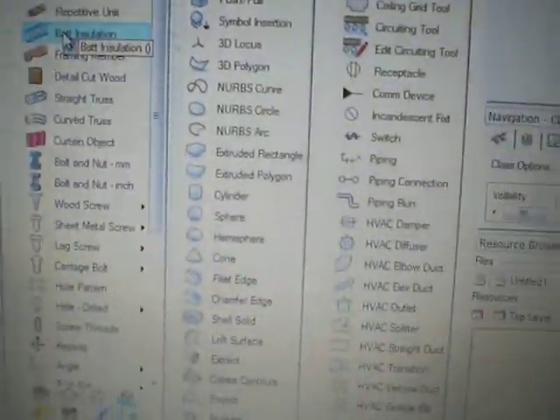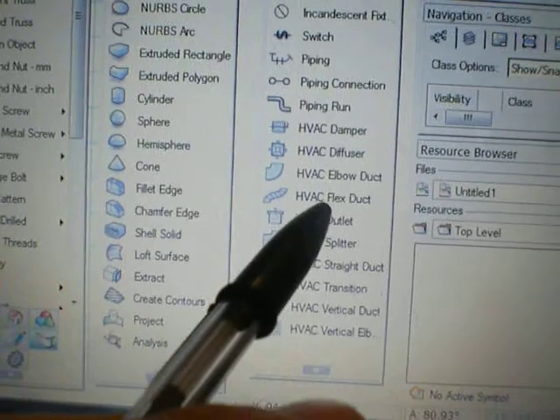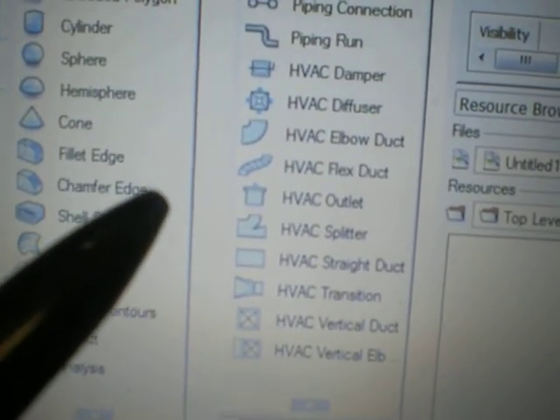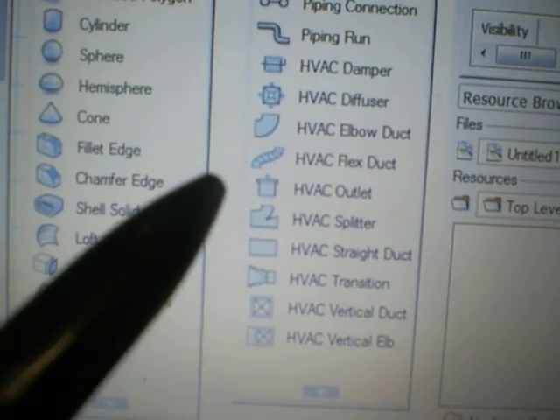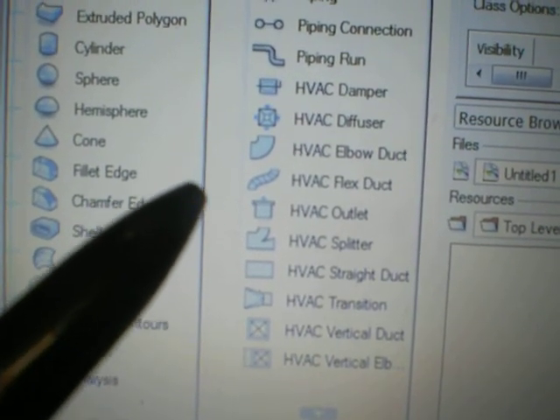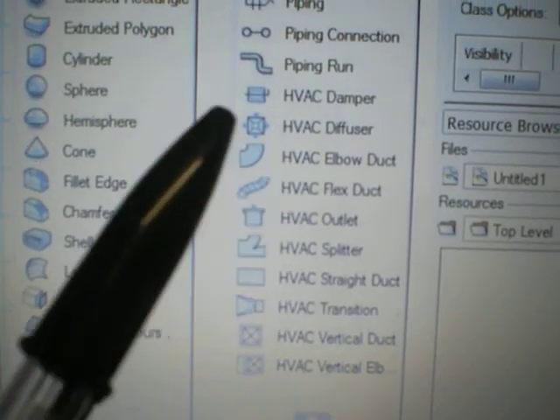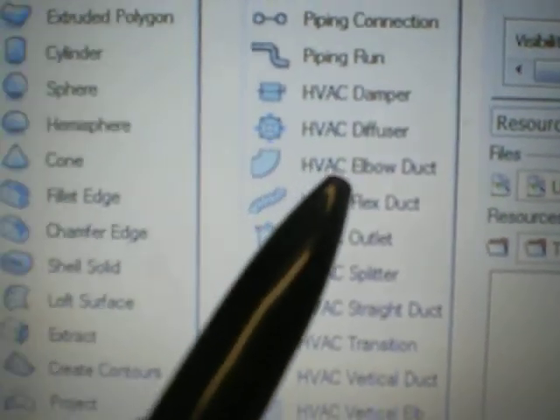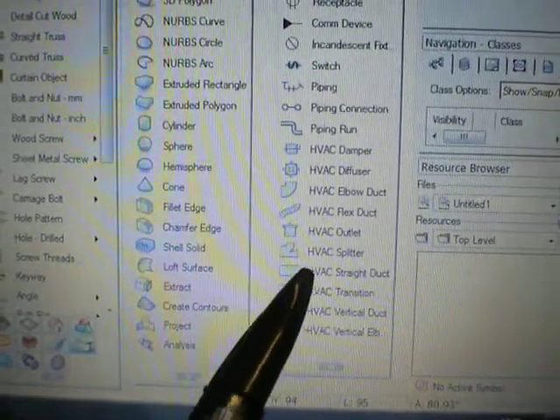Also I want to move to HVAC, damper, diffuser, elbow duct and flex duct. This is to do really with Bernoulli's equation, the flow. You know, it's thermodynamics. When you study thermodynamics in physics, you will be able to understand how to size these HVAC, damper and diffuser, and also the elbow duct and piping run and